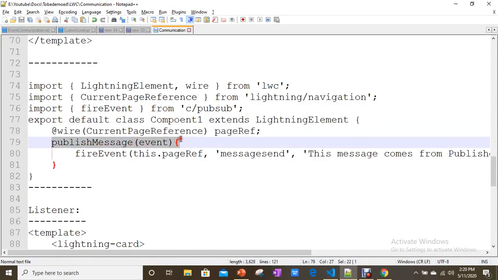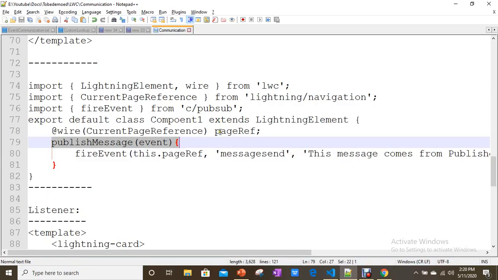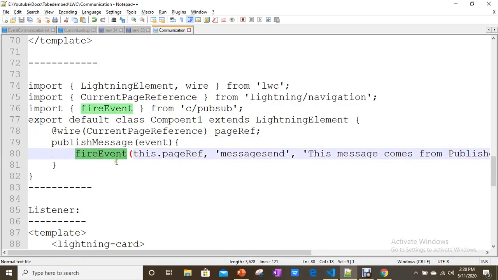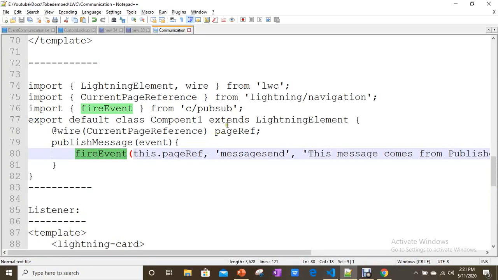After that, whenever you click on the button, I am calling this method, simply publish message event, and here fireEvent is a method name. It has three parameters. One is you have to pass the page reference in the publisher.